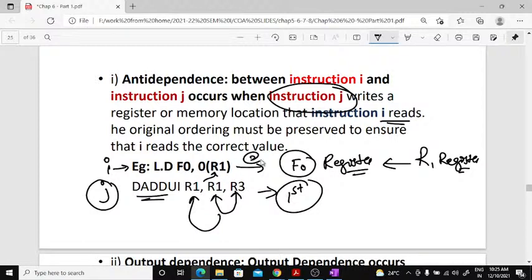It is taking some time because load means it takes more time for the execution. The load instruction is taking more cycles to execute the instruction because it has to find the